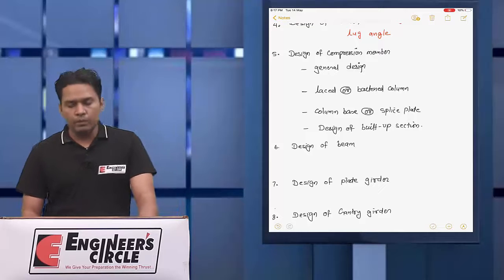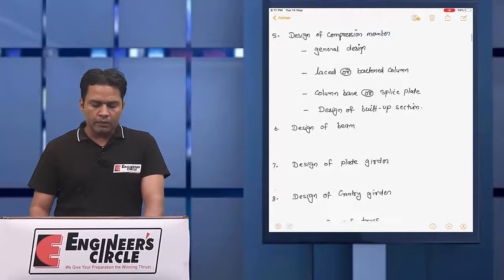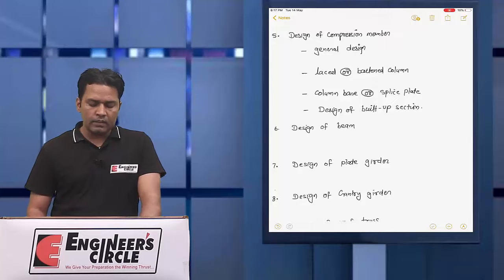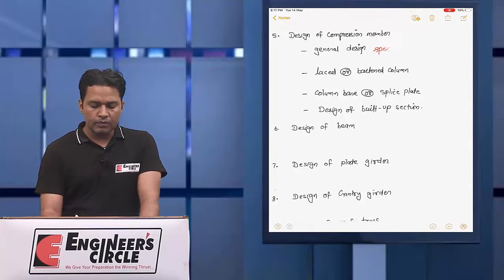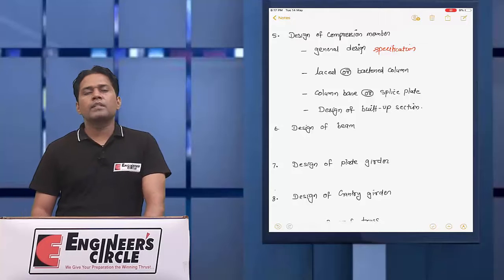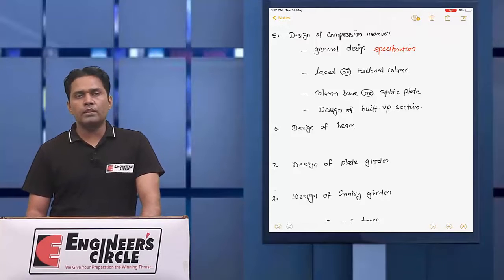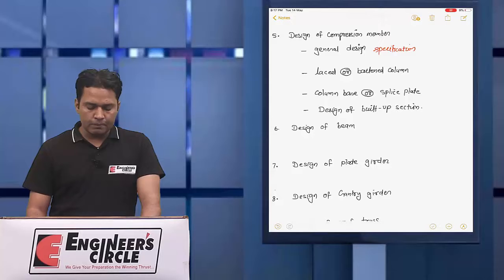It is a very important topic. In the compression member, first we will see the design general specification. The design specification will be covered from both methods, WSM and LSM.